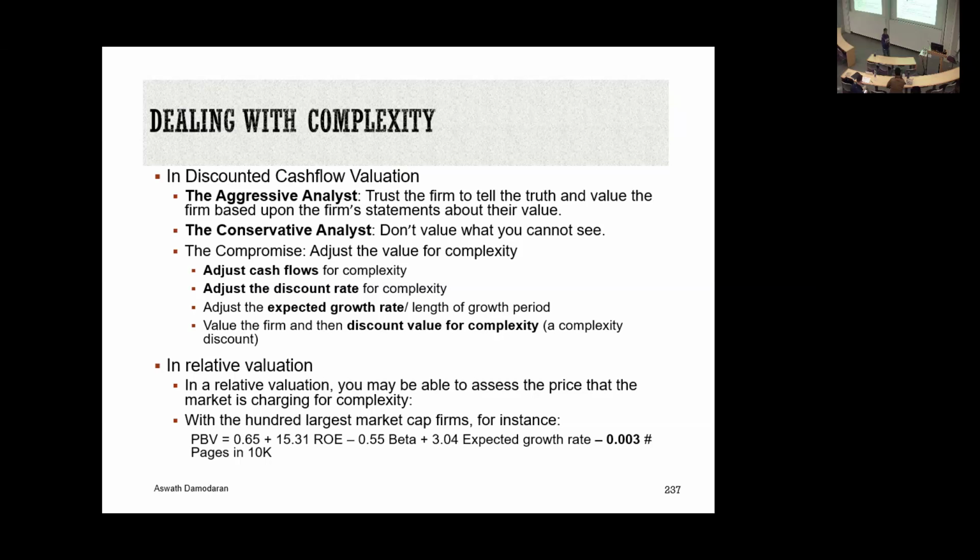And here are the choices. You can take your cash flows and haircut them. What is haircutting them? In a complex company, you knock off 3, 5, 10%. People call these conservative estimates, but effectively that's what you're doing. I don't like it because it's completely arbitrary.